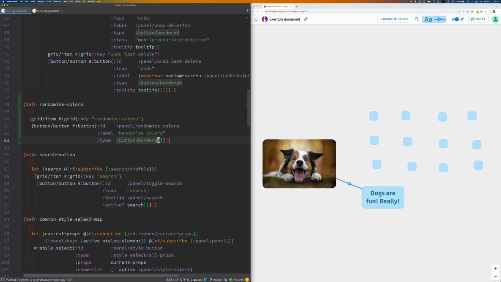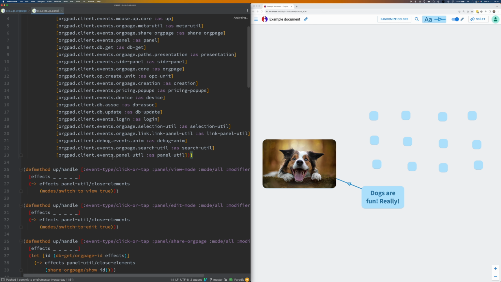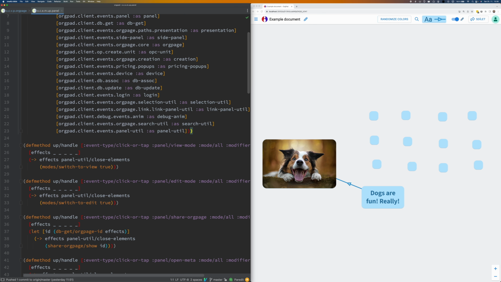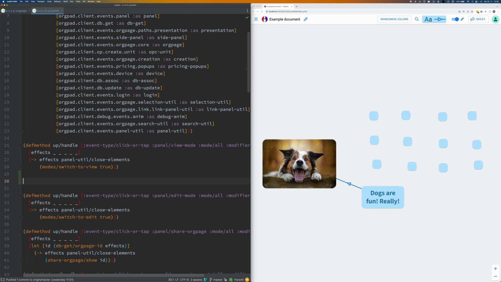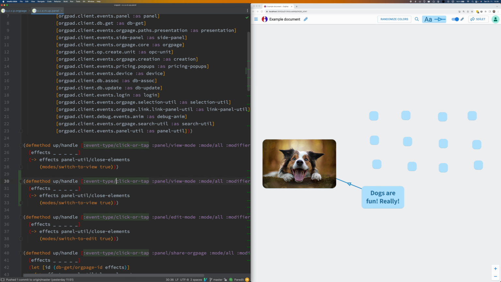Now in OrgPad we usually do it differently. We have a centralized handling of mouse events, which is quite powerful. So let me switch to a different file where there is this multifunction up handle, which gets dispatched whenever the mouse button is up. And so I have its dispatch according to 4 properties. I have event type, I have the ID of the element on which the click occurred, so in this case, randomize colors.